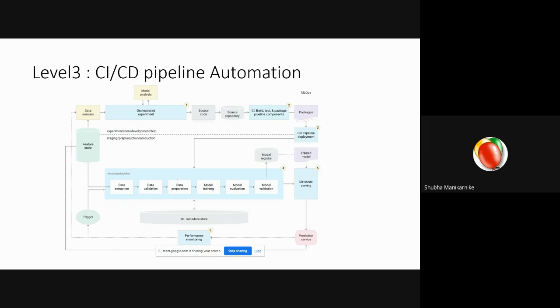which is implemented in large companies with a huge number of data scientists. What happens over here is the entire orchestrated experiment helps the data scientists to rapidly orchestrate and rapidly do experiments. Experiments may not always be in terms of tuning hyperparameters. It can also be that they are trying out different features, or different EDA, or different data validations and different techniques. So all of that entire thing itself is integrated and deployed